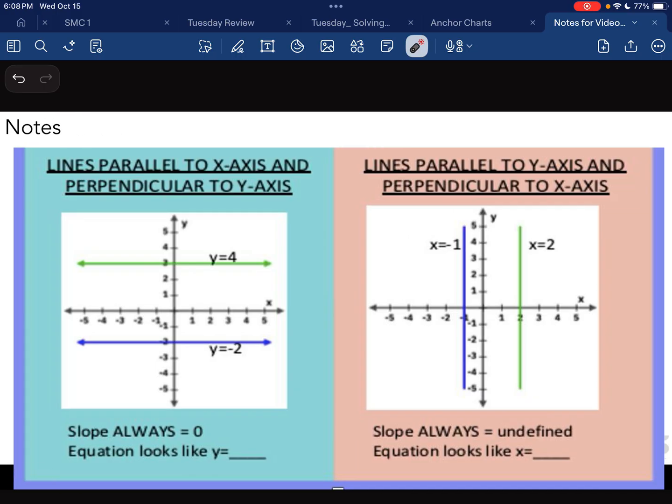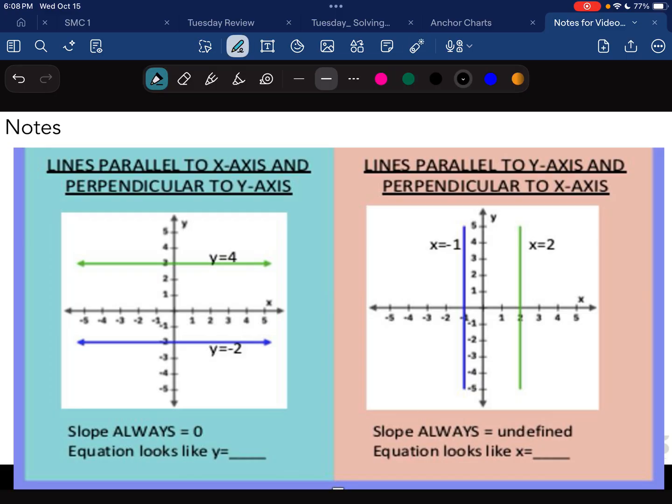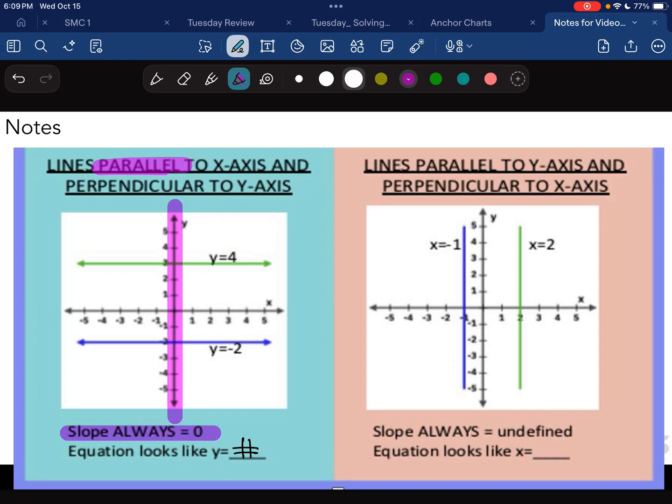Okay, so these are, again, when your slope equals 0, your equation will always look like Y equals a number. And that number is wherever it crosses the Y-axis. So if you struggle with understanding what type of equation matches a 0 or undefined, think about it. What axis does it cross when I draw it out or when it's presented in the graph? So slopes, as always, 0, are parallel. And remember, parallel are next to each other. They never intersect. Whereas perpendicular, it does intersect